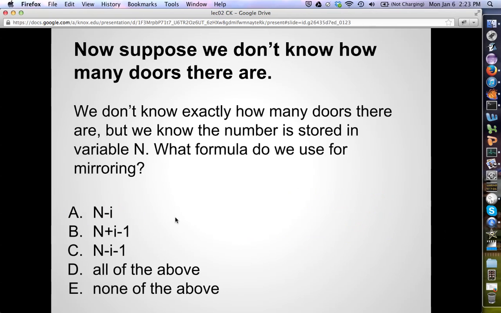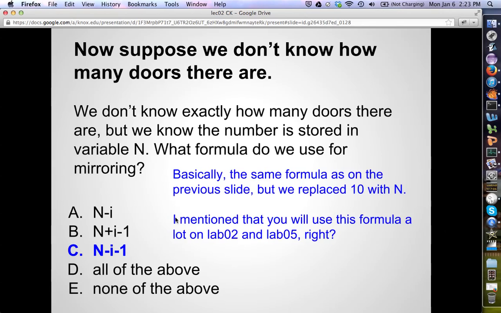Now, let's make this a little bit more general. Suppose we don't know how many doors there are. We just know that there's n doors. And then we know, once again, I, which is the current door that we're looking at. So what do we do with this formula? I'll give you a hint. It looks very similar to the last one. So it's going to be n minus I minus 1. And we're going to use this a lot in Lab 2 and Lab 5. So if we don't know how many doors there are, but we know that there's n of them, well, n minus I minus 1 will tell us where somebody behind door number I needs to switch to. And this is going to be really, really useful for flipping